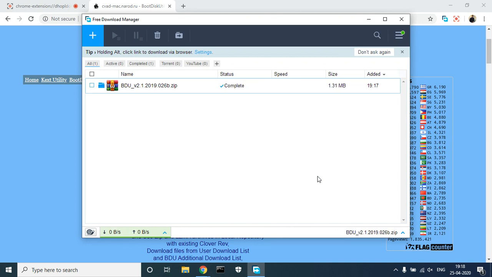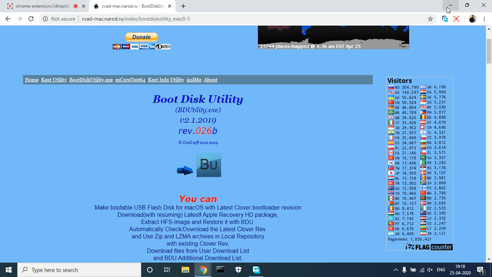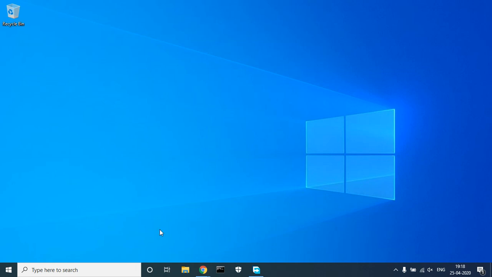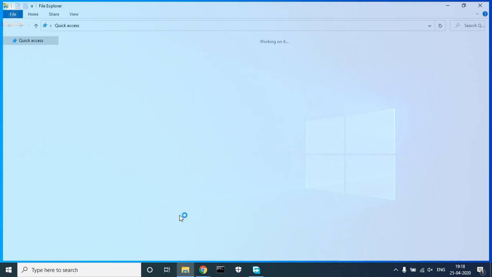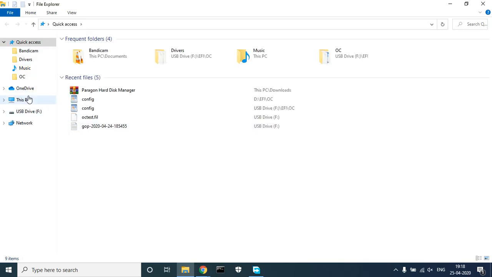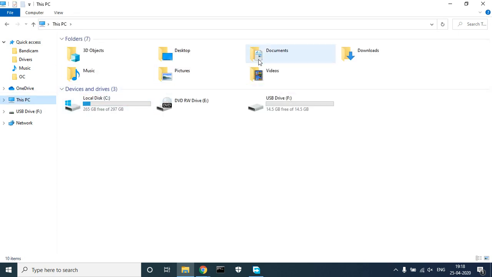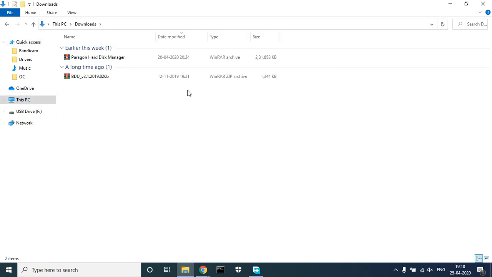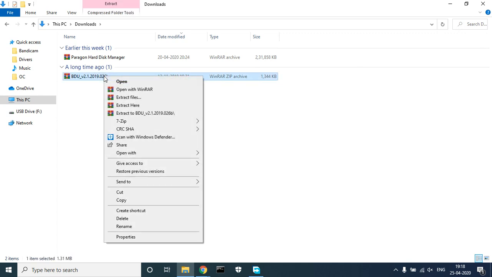You will be able to see a .zip file. It is downloaded in the downloaded section. I am using WinRAR to open and extract it.